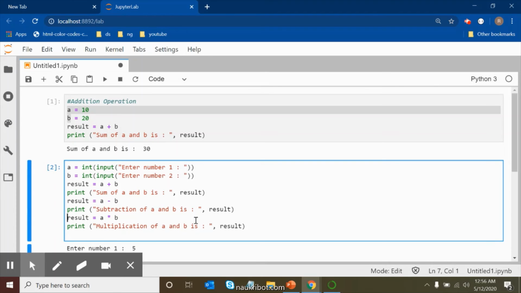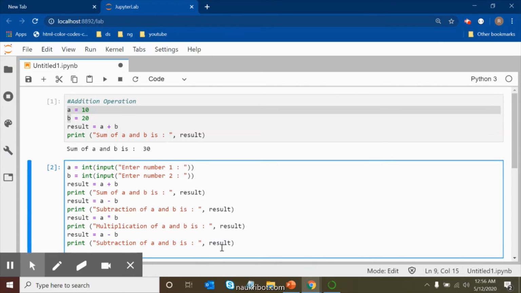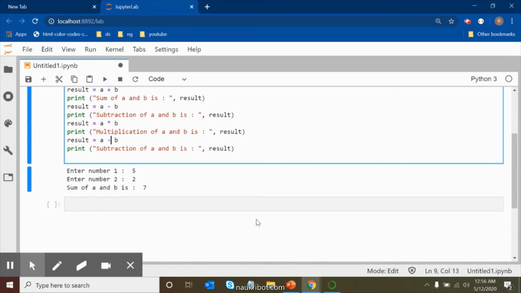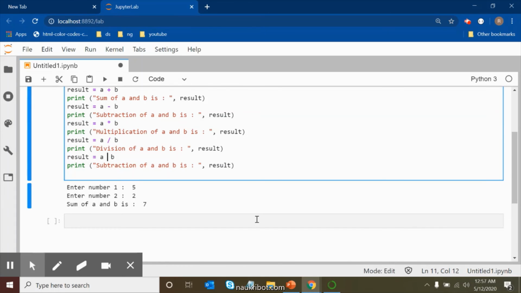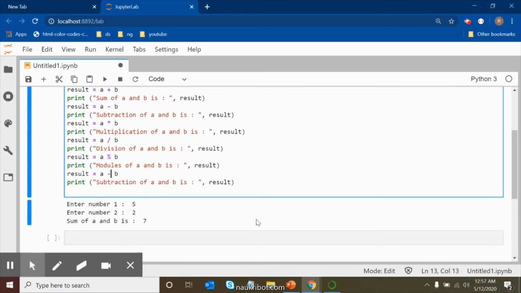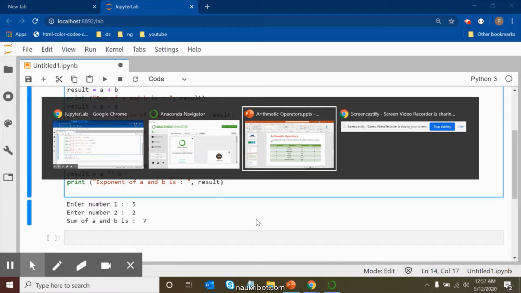Multiplication. The same I will paste here, and then I will write here the divide operation, division of A and B. So again I will copy and paste here, and I will write modulus of A and B. Again I will paste here, and I will do exponent of A and B. We will check the exponent of A and B. What are the next?